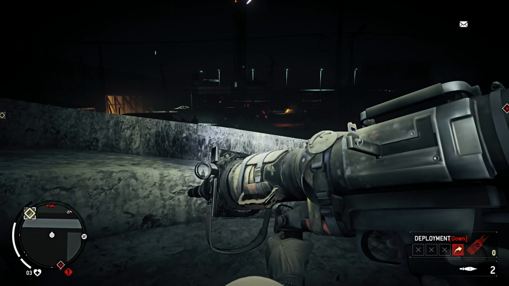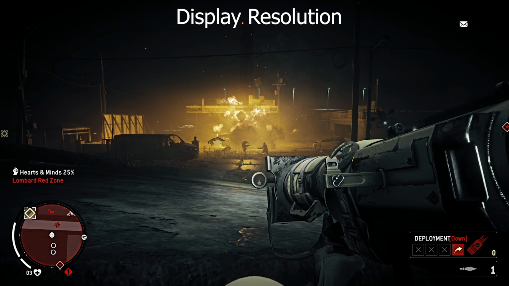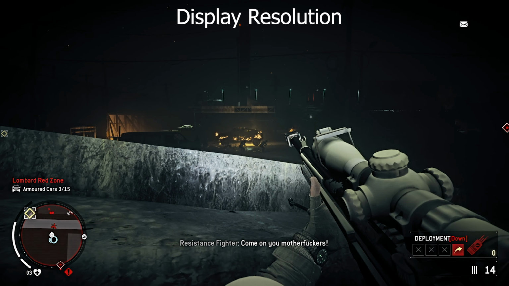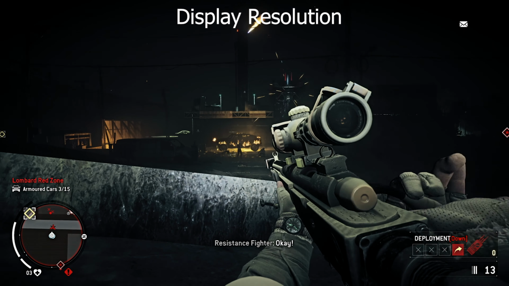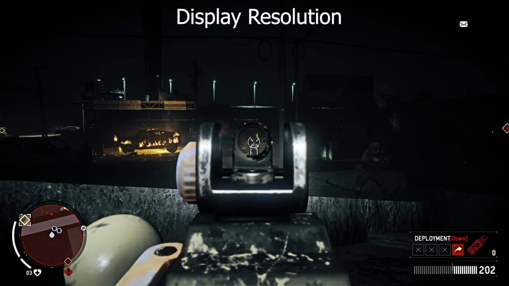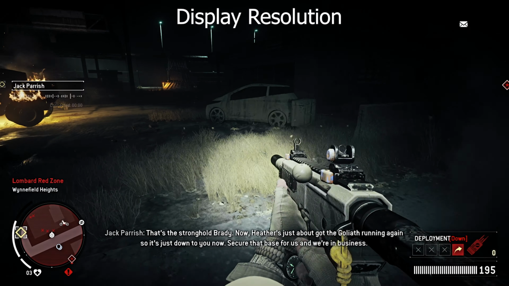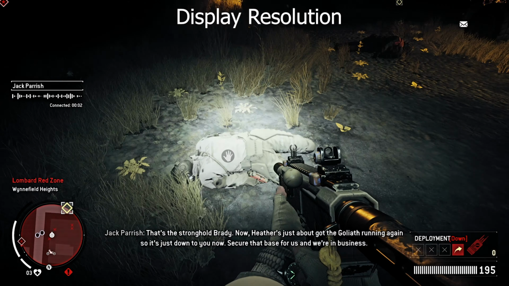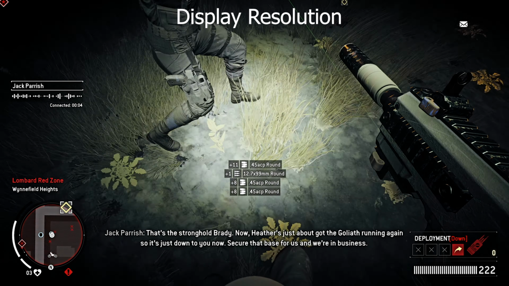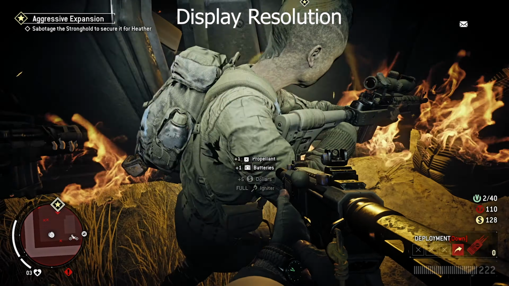The first subject we're going to be covering is display resolution. Resolution is the amount of pixels present on your screen, which dictates the overall quality of the image. You'll see this expressed as two numbers, such as 1920 by 1080 or 2560 by 1440p. The first number indicates the width of the screen in pixels, while the second is its height in pixels. Setting this higher than your monitor's resolution won't increase the resolution either, resulting in loss of detail and an unnecessary